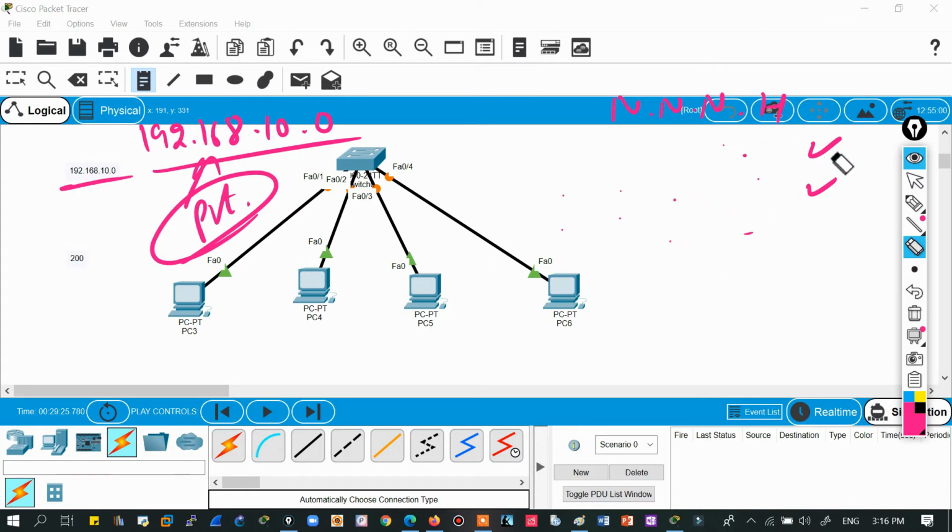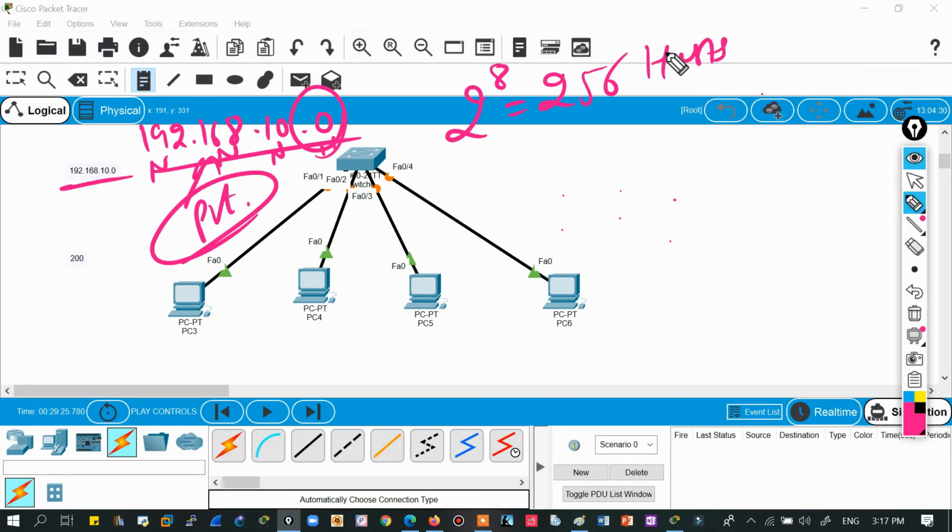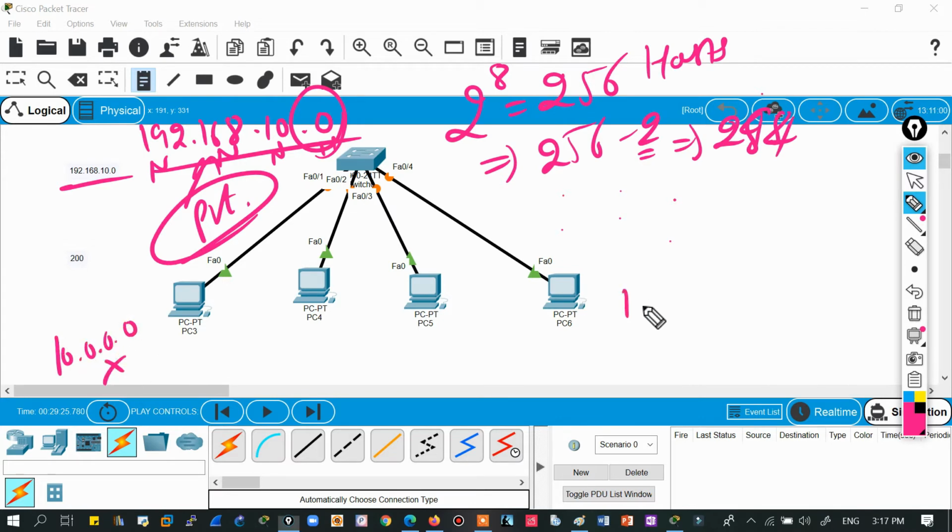Okay, fine. So if I've taken this example, in this scenario I have 3 network parts and 1 host part. It means in class C we have 8 host bits. It will result in 256 total hosts or IP addresses, and valid means 256 minus 2 is equal to 254. Why have we done -2? Because see, I cannot use 10.0. Sorry, not 10. My bad. I cannot use